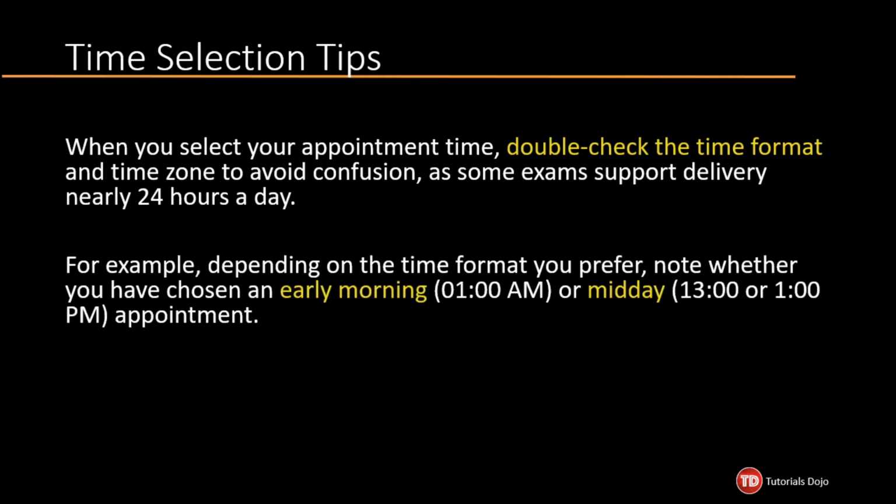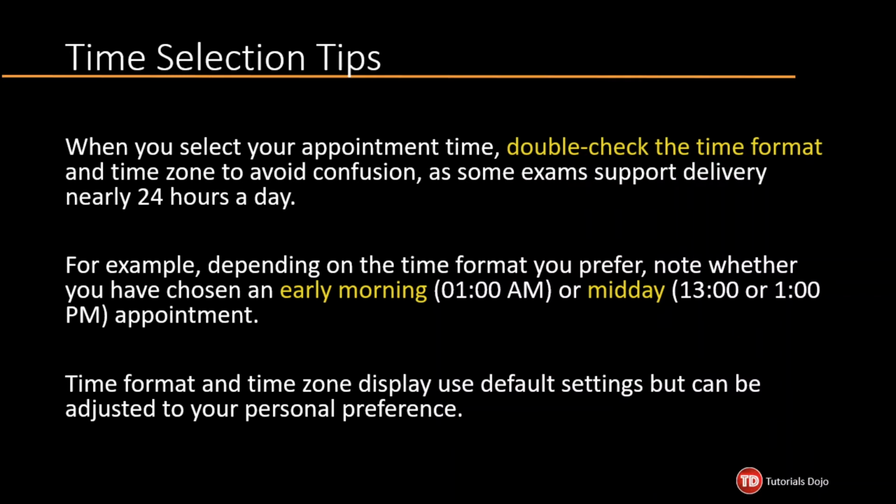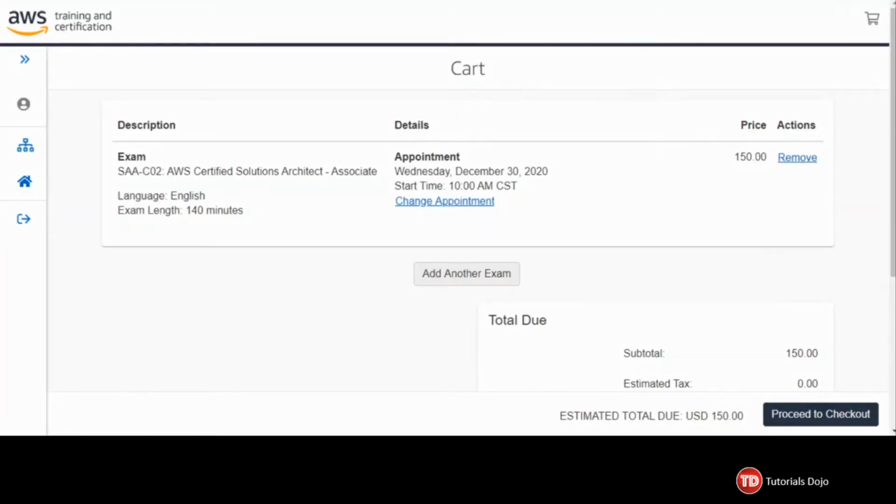For example, depending on the time format you prefer, note whether you have chosen an early morning or midday appointment. Time format and time zone display use default settings but can be adjusted to your personal preference. Don't forget to include your voucher or promotion code on the payments page if you have one, then proceed with